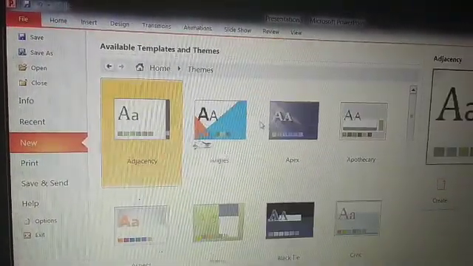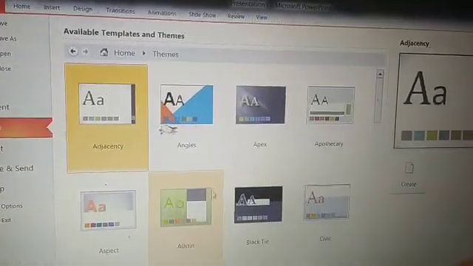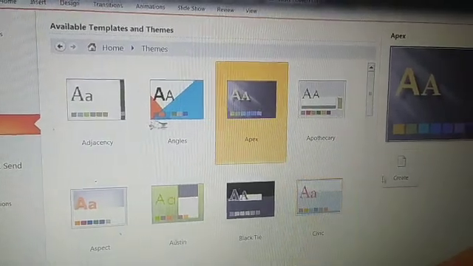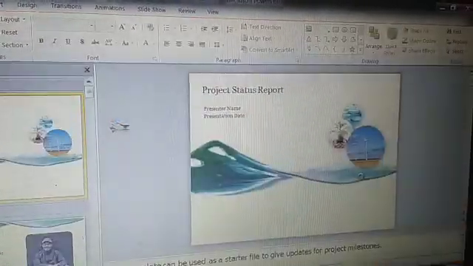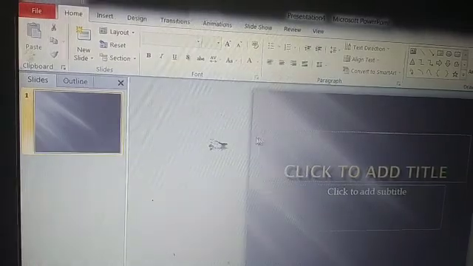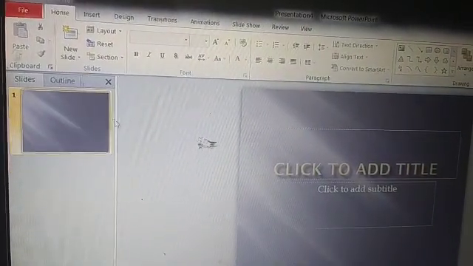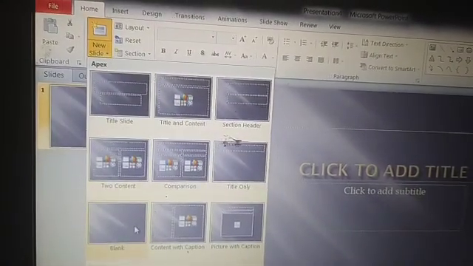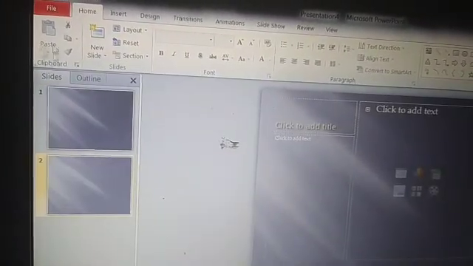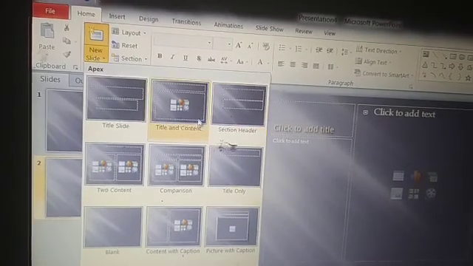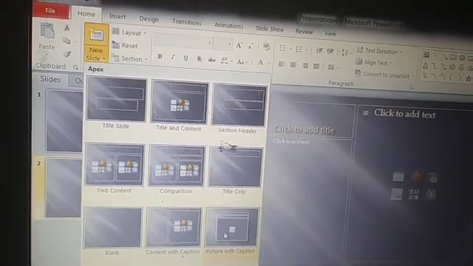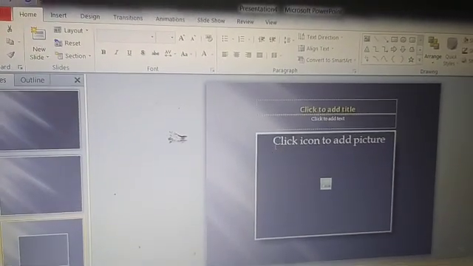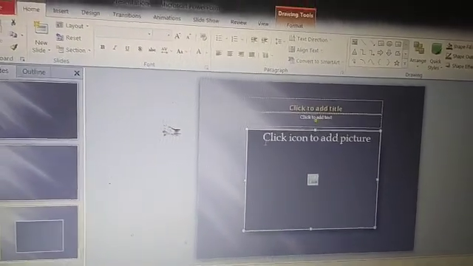Next is themes. If you go to themes, this is the themes gallery. Click on create. It will provide you this type of background for every new slide, and this type of font and color scheme.